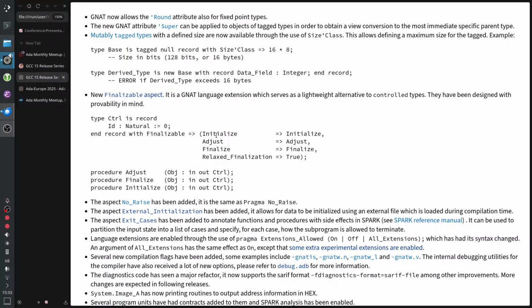the finalizable objects, the finalizable records, have a very clear behavior. And they've been designed with Spark in mind, with provability in mind. So I don't know if we will get Spark proofs this year for finalizable types. That way we can have lightweight control types also in Spark. But if it's not this year, maybe next. So at least the design of the finalizable types has been done with Spark in mind, which is really